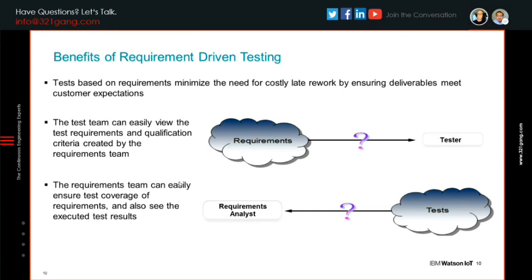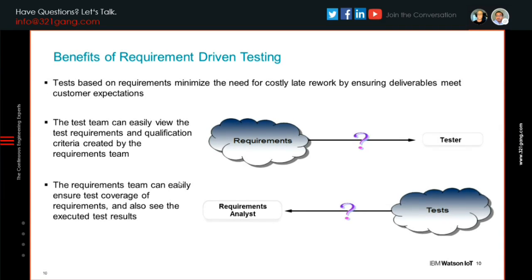As we've talked about, requirements are maybe the hub of what we talk about with ASPICE and with a lot of these processes. So here we are again talking about requirements and testing. There are lots of benefits to having requirements-driven testing. What does that actually mean? It means that your testing teams can easily view and test requirements, and they're developing the test cases at the same time as the requirements are being developed.